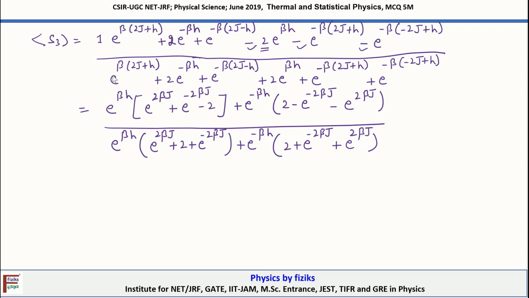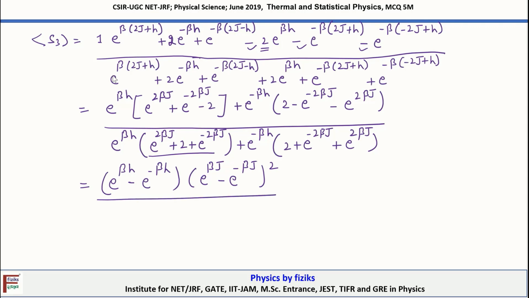Then we are almost close to the final result. So this is equal to e power beta h minus e power minus beta h, and then the common terms inside, which is basically this expression. Okay, so this is equal to exponential beta j minus exponential minus beta j and its whole square,